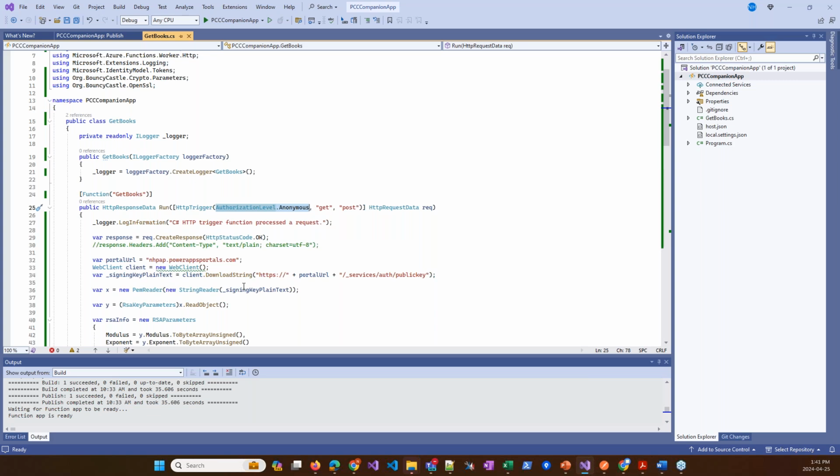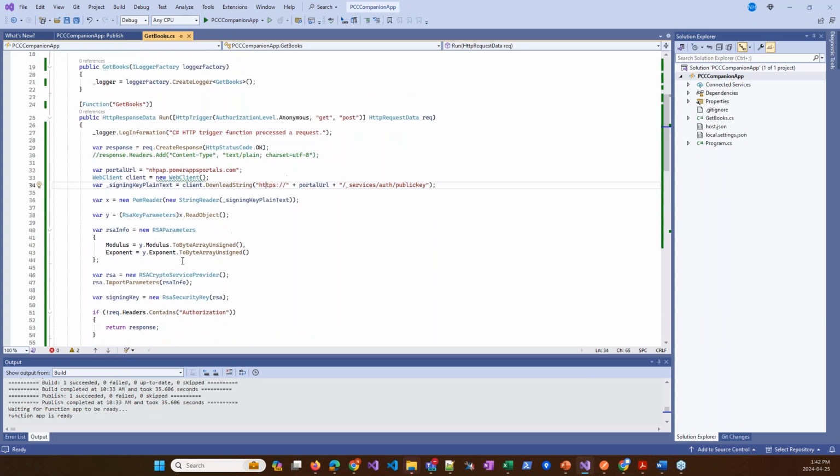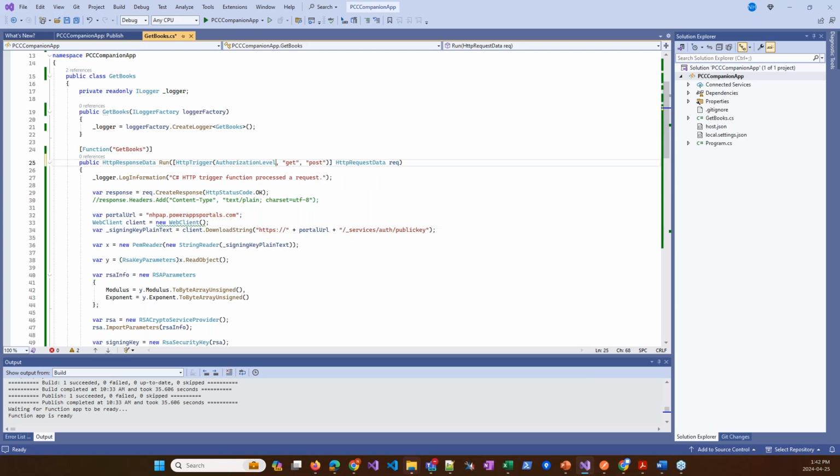Now, again, I'm not necessarily an expert Azure Functions developer. There may be a different way of handling the authentication. We're just going to look at a simple example here. When it comes to the options in Azure Functions, it's either anonymous, or system, and there are different options in here. But for the most part, you're going to be anonymous because you're going to handle the authentication